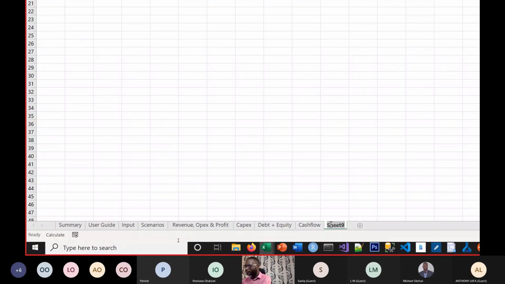And usually the ratios, okay? Sometimes I put my charts in summary. Other times, let me do the one that is the most verbose, where I have a dedicated chart sheet where I'm showing the charts of